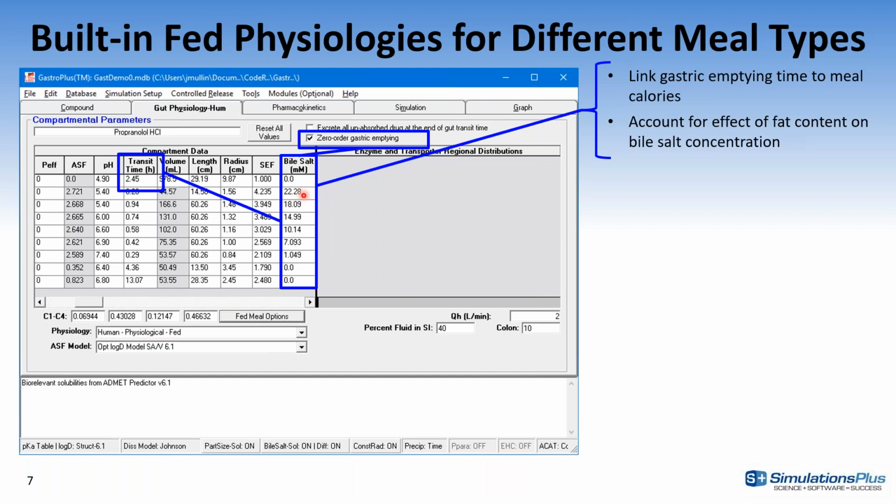But if you wanted to model effects of different meals, let's say looking at the high calorie meal, high fat meal, low calorie meals, you would have to make modifications yourself to the physiology to account for these.